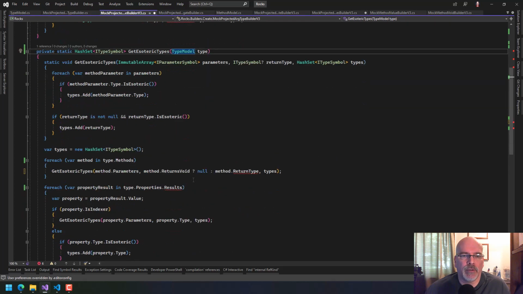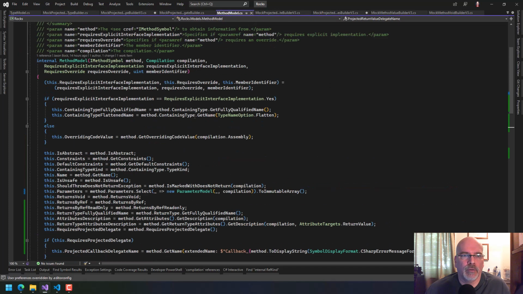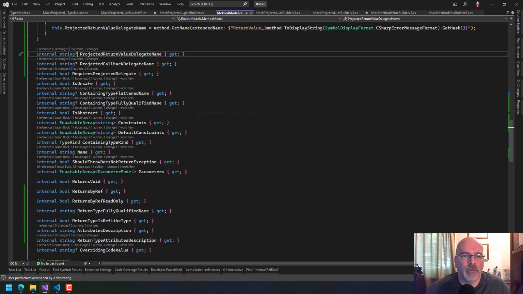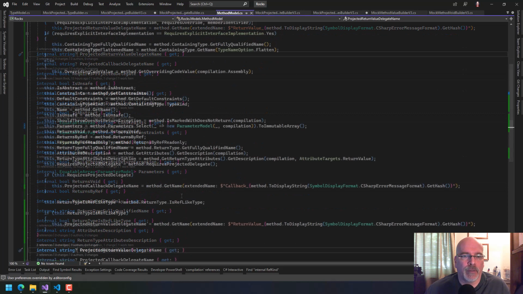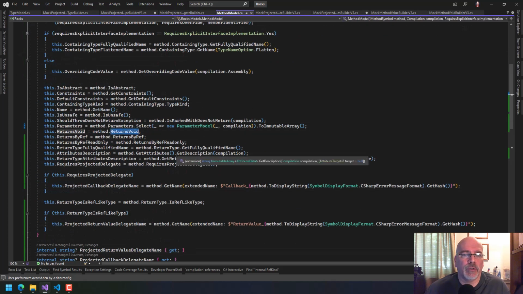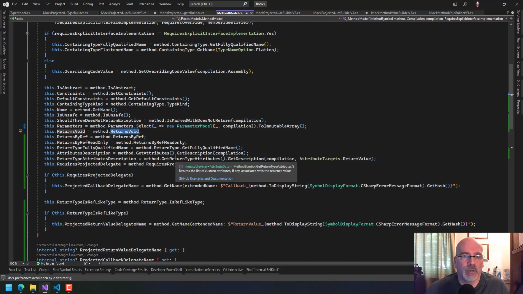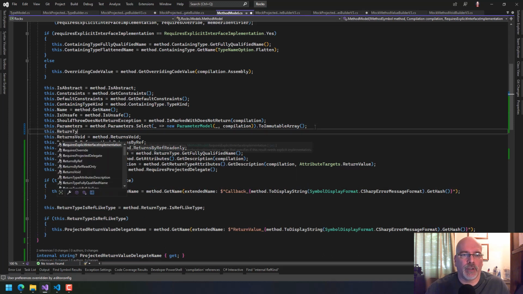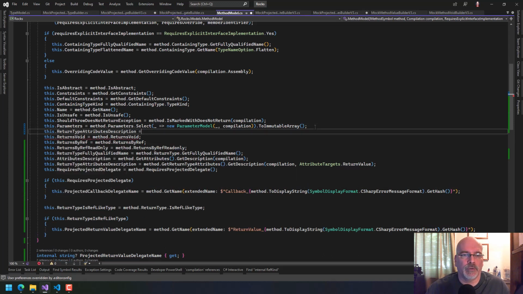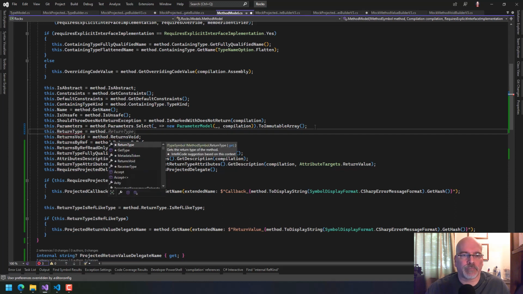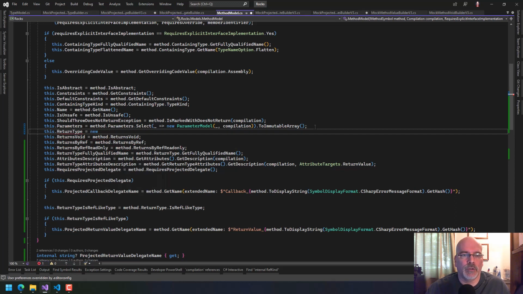Because what we can say here, not on a type, on a method model. We don't have a return. We have returns void. Well, we would still need to know the return stuff here. But what we could have here is a this dot return type is equal to method dot new type model of a